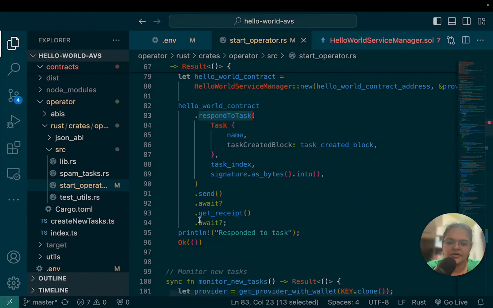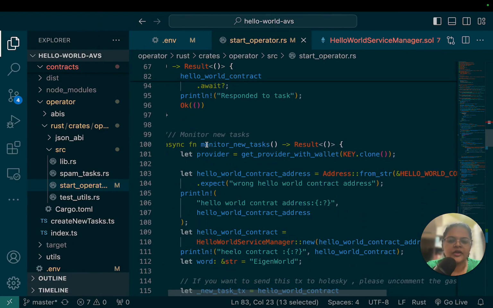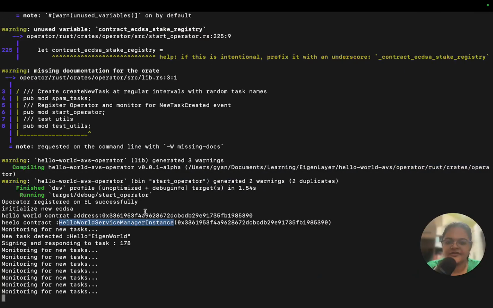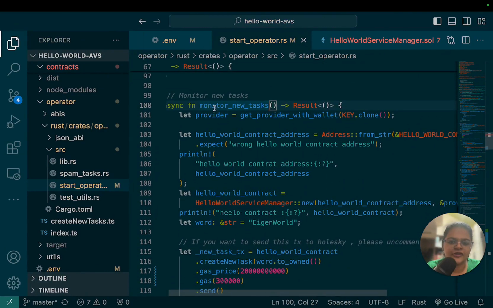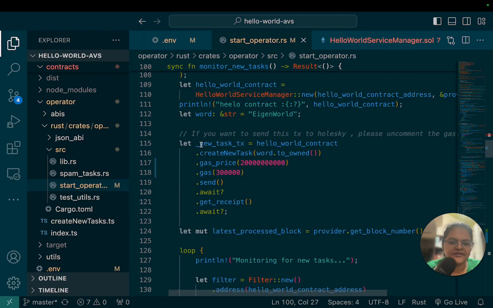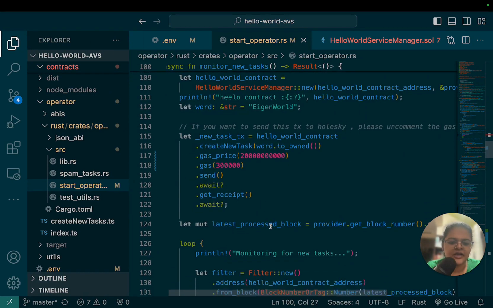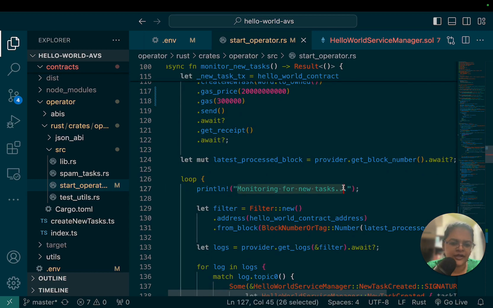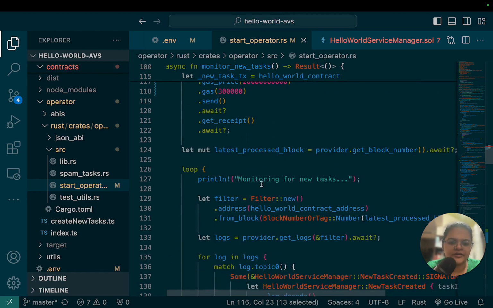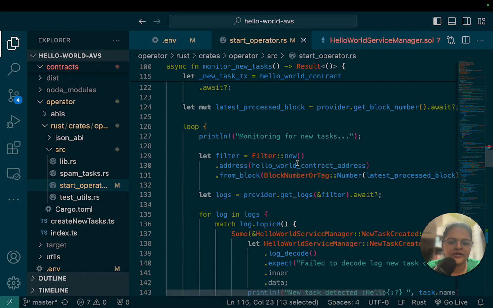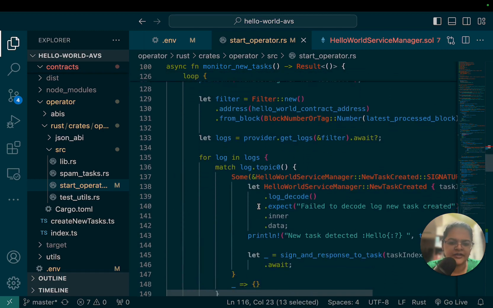This is what your operator is doing, and so the next function we see over here is monitoring new tasks. So you see there is a function to monitor new tasks. You have the provider, and then you get the contract address, and you just create a new task, and you say that you are monitoring for new tasks. That's it. So while creating a new task, you send the gas and all of that, and you get the latest process block,